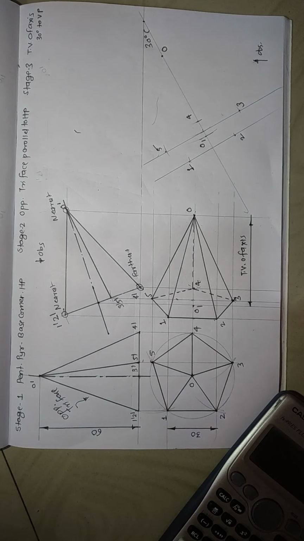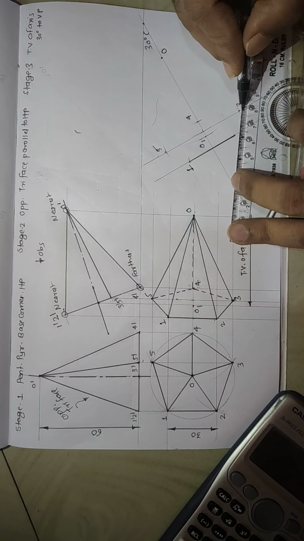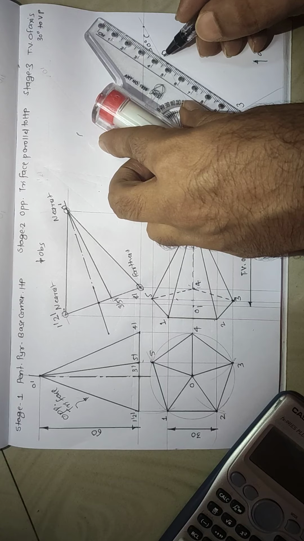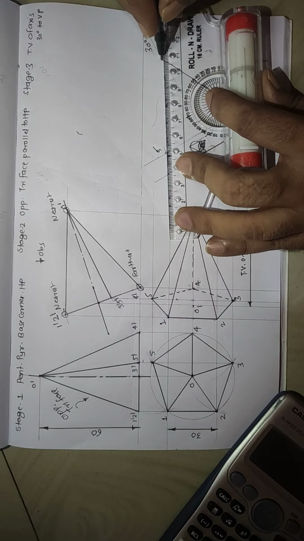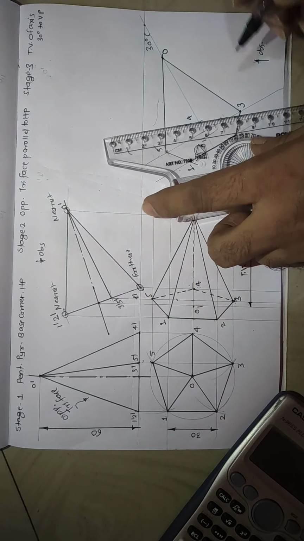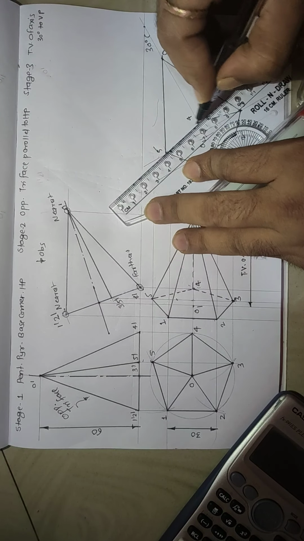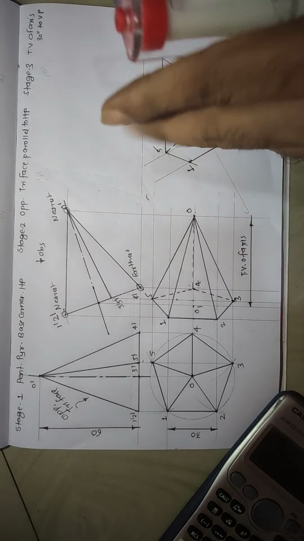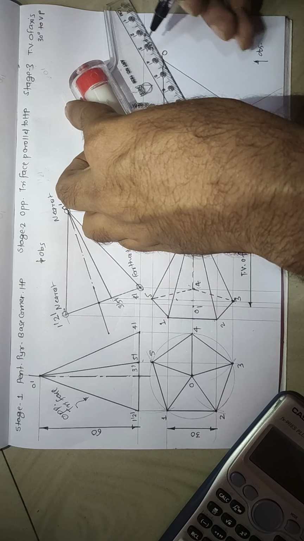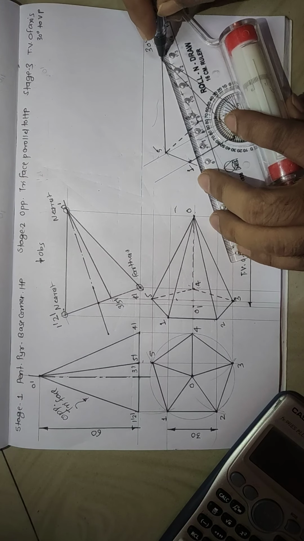This is point 2. Now I will join all these points such that it should exactly look like this diagram. So 2 to 3, then 3 to O, then O to 5, then 5 to 1, then 3 to 4 is a dotted or a hidden line. 4 to 5 is also a hidden line. Then O to 4 is also a hidden line. O to 2 is a dark line, and O to 1 is also a dark line.